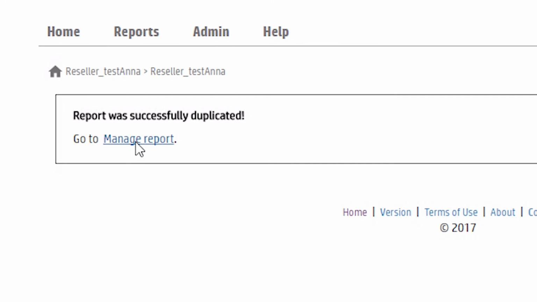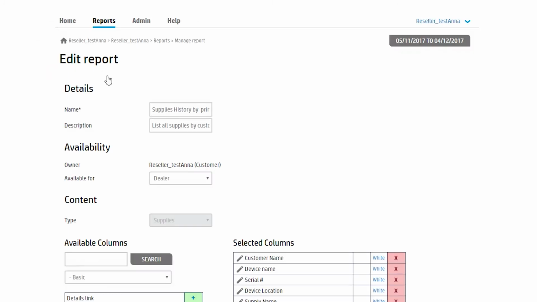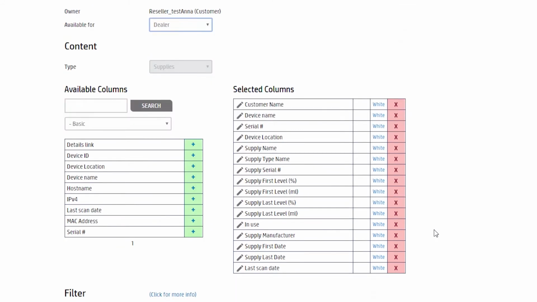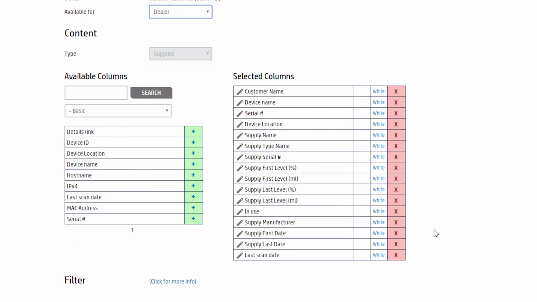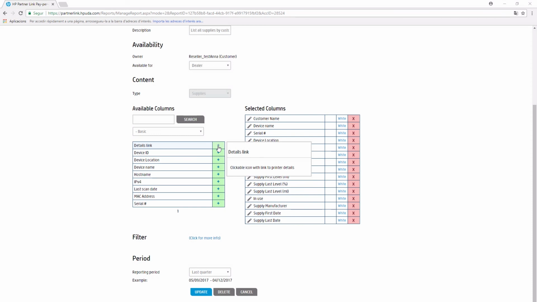To do this, select Manage Report. In this page, you can change the title, description, and for whom you want to have it available. If the report is just for you, click Dealer. In this page, you can also see all the information listed in your report. From here, you can add new columns and remove fields until the report matches your needs.